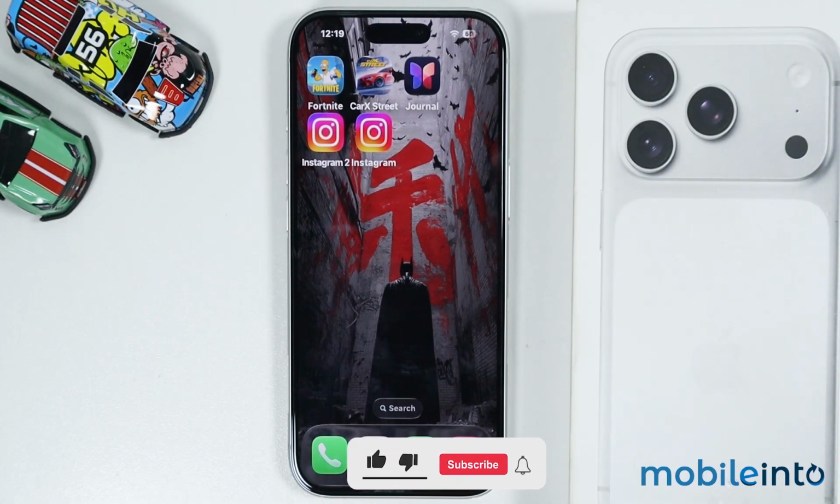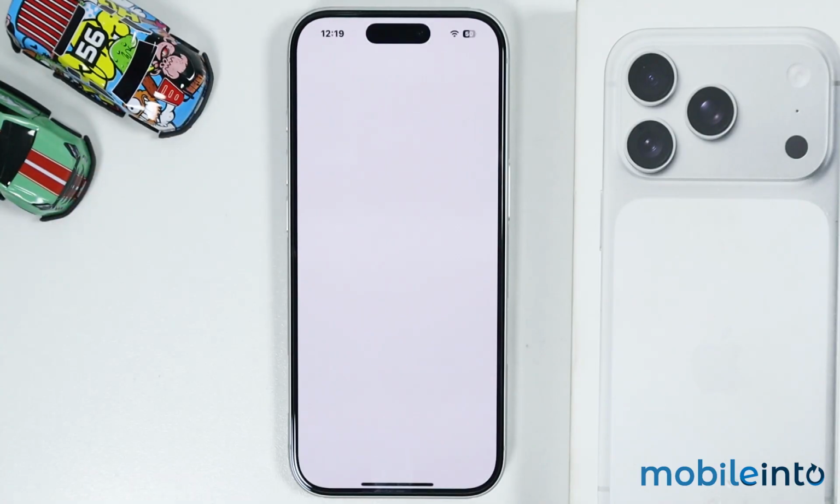But remember that this method does not work on all the apps on your iPhone. It only works on a few apps like Instagram and Facebook. And this is how you can use dual apps on the iPhone 17, 17 Pro and the